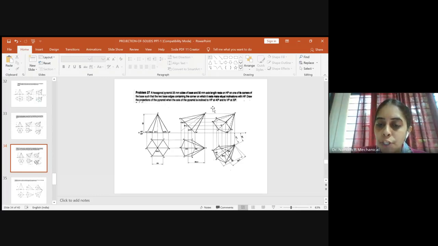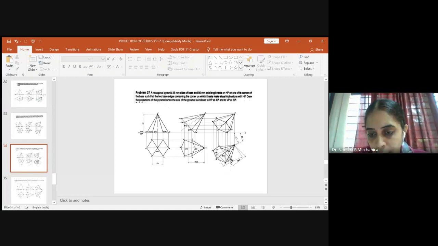So please take the projection from E, D, F, A, C, B, O and O1. After you do this, extend the projection from O dash, D dash, C dash, O1 dash, B1 dash and A1 dash as shown here. So after this, what we do is you will read the locus. So please read the locus.